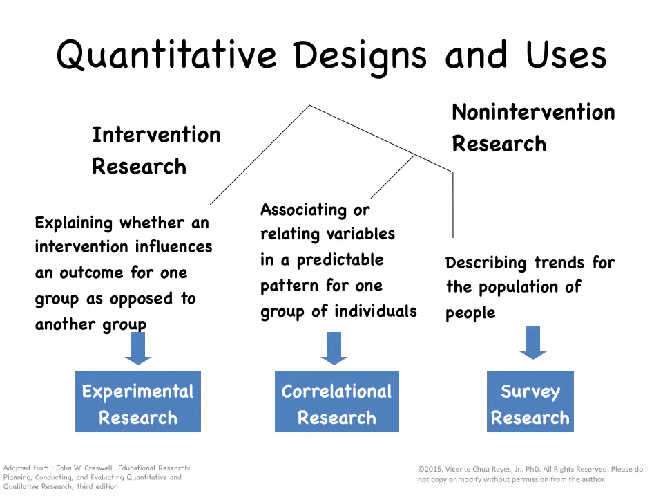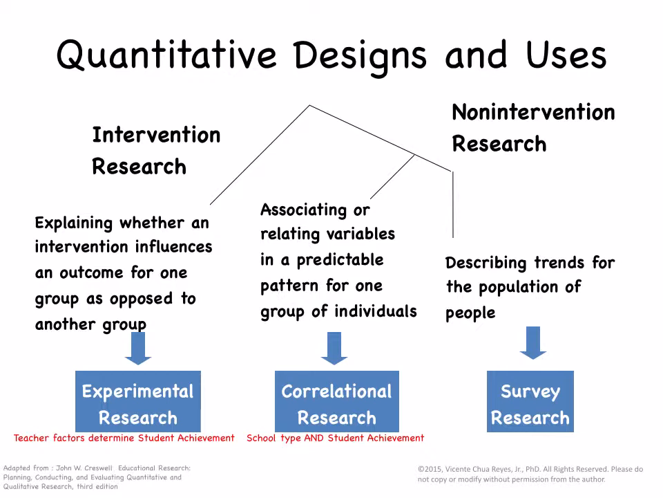Taking note of the main question that we are exploring in this research section of Unit 503, determining factors related to student achievement, and looking at experimental research, defined as explaining whether an intervention influences an outcome for one group as opposed to another group. The theme, teacher factors determine student achievement, is an example of how intervention research under the design of experimental research